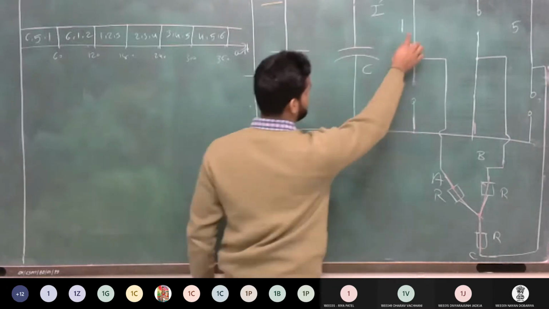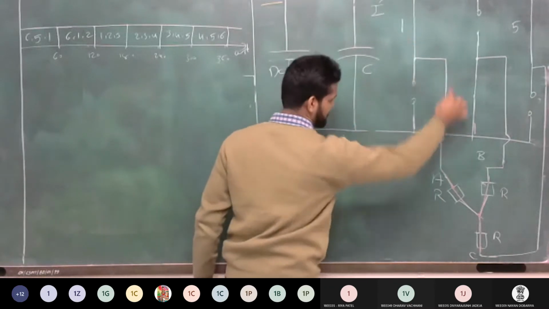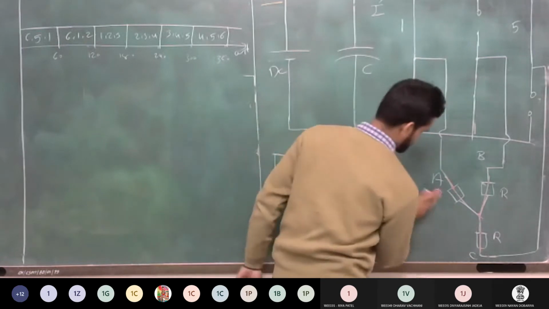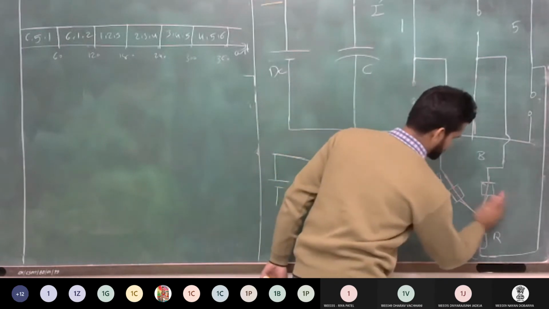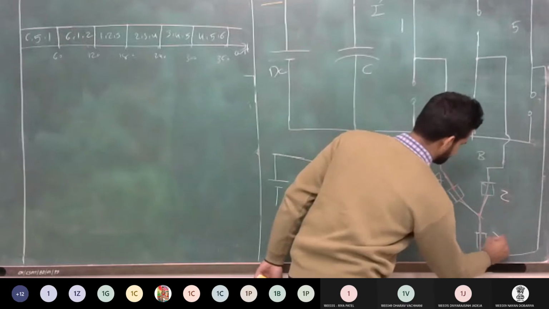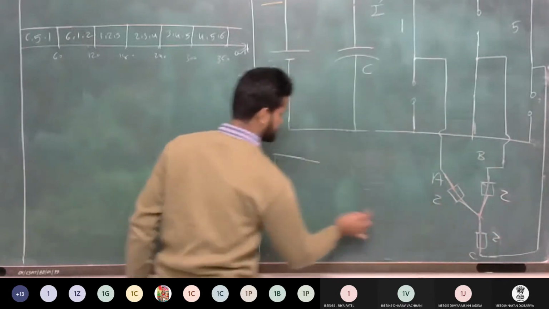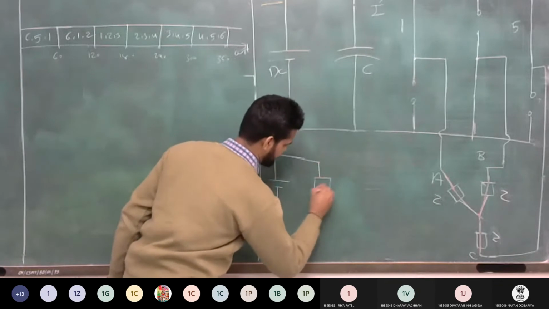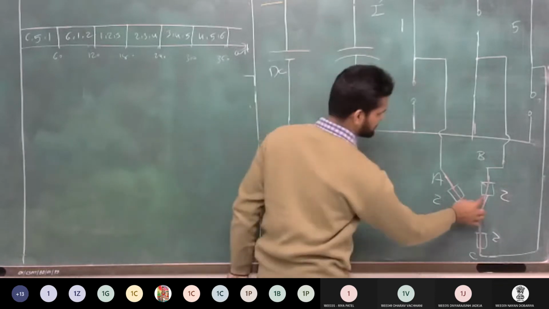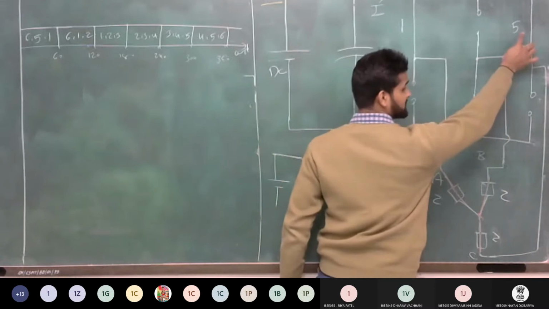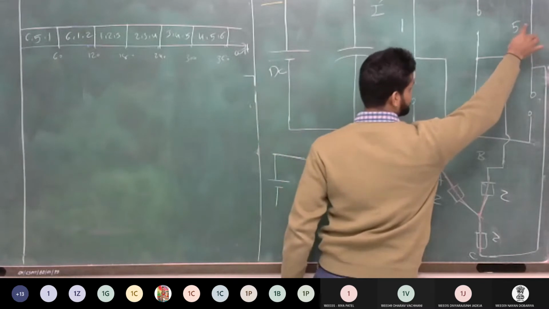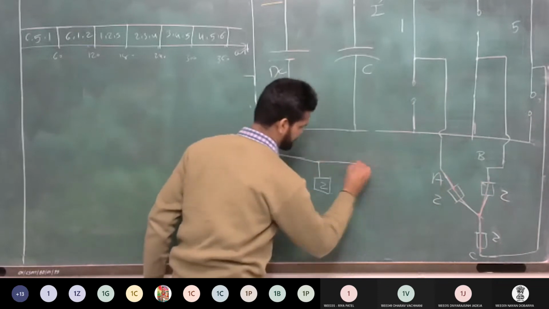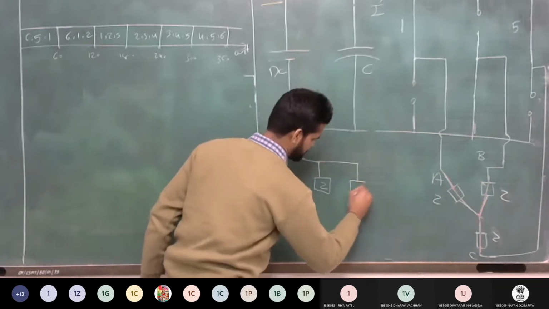Here the thyristor T1 is on, so the A phase impedance Z is connected with the upper layer. Suppose I want the impedance Z, or you can say the resistance R. So that is the Z impedance. In the same way, thyristor 5 is conducting, so the C phase Z is also connected with this positive terminal, like this.